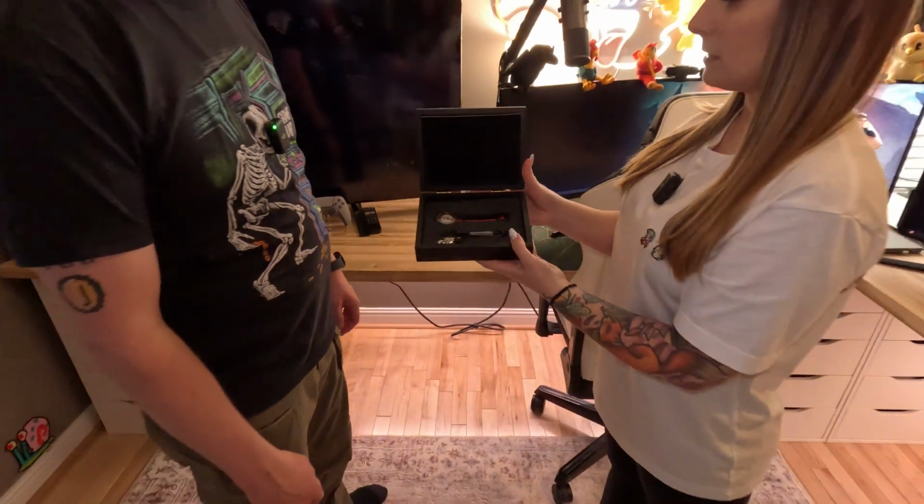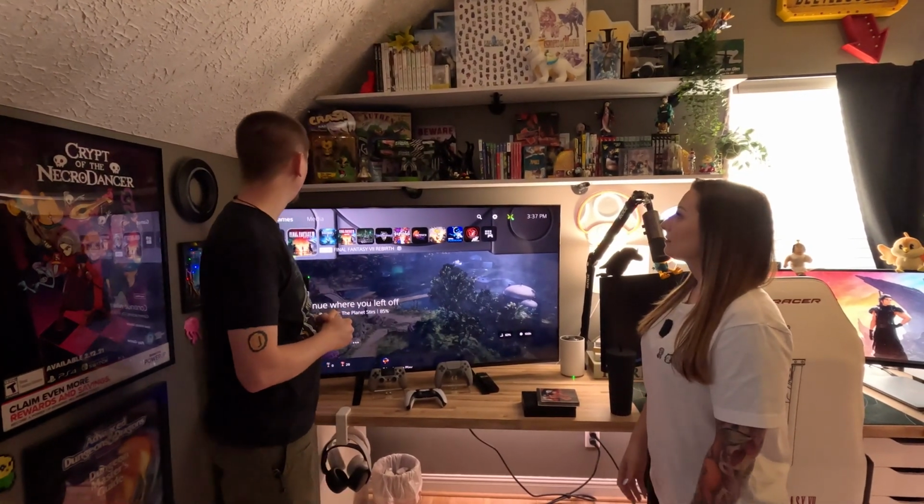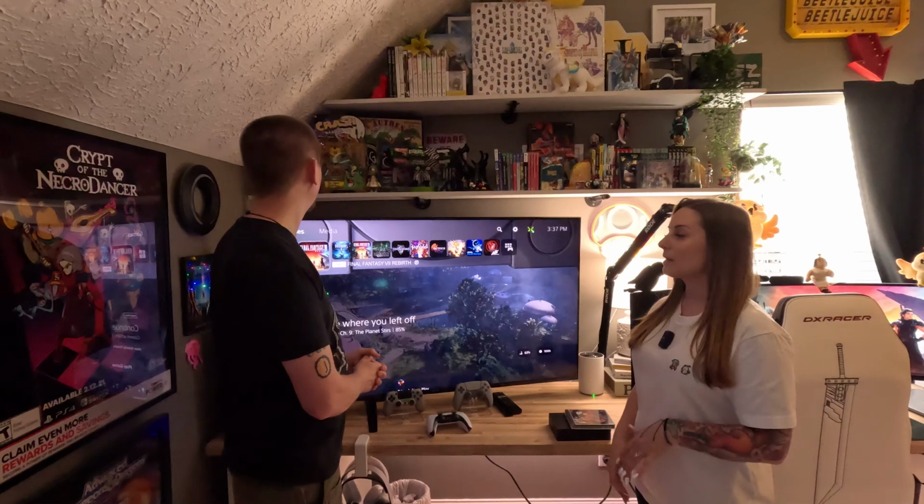But this was a Japanese exclusive. More Beetlejuice. More, well, Beetlejuice. And a lot of cool stuff here. You got an original Dr. Neo Cortex Crash figure. So Crash Bandicoot was one of my first games that I ever played other than Frogger